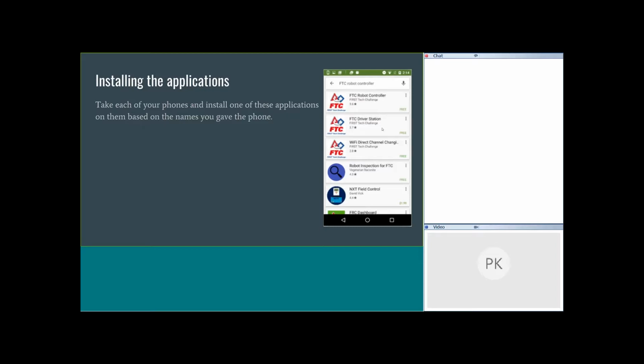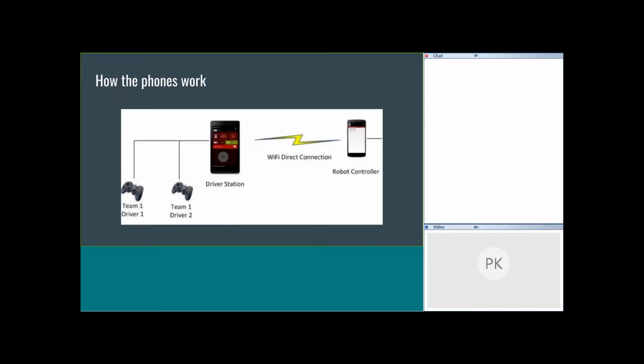Now, after you've installed both apps, I'll explain a little bit how it works. Like I said before, you have the two controllers that are connected by USB to the driver station, and then they talk to each other using the robot controller. Now, you also get information from the robot controller, which is a very useful thing for the competition itself and